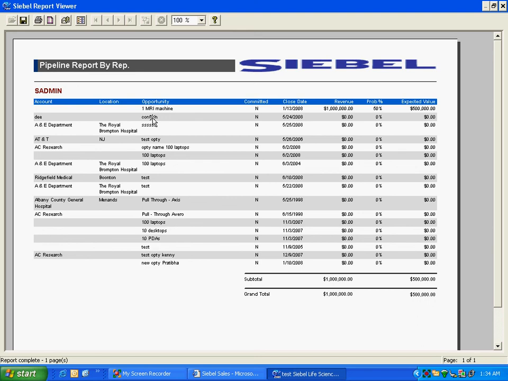Other thing is, sometimes opportunities are closed, but then money has not been received. It is quite possible, right? Let's say you sell big MRI machines. You may not be getting the money right away; you may be getting the money later. So as part of the pipeline, you can probably have another stage. It is even going beyond order: order has been placed, but no money received yet. And the next status will be money received, so the remaining ones stay open.